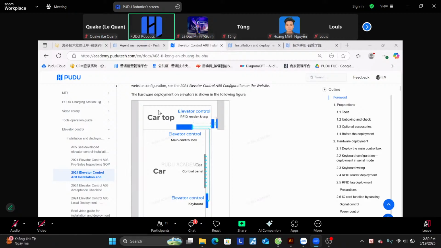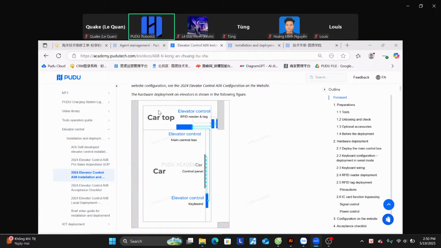Okay. The robot will communicate with the elevator controller via